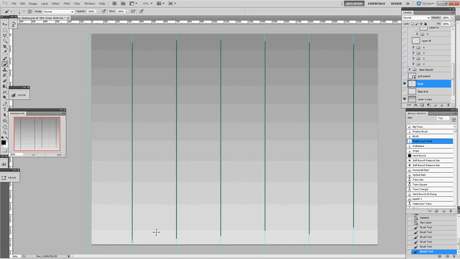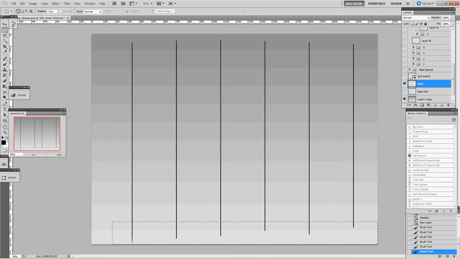Now to turn off the guides, it's Control semicolon, and then what we'll do from there is we'll use the marquee tool. I use M, and this is a square one, and like anything else, you can switch between the different types by holding Shift and then M. And I will just trim the edges so they're all essentially equidistant. Then I will